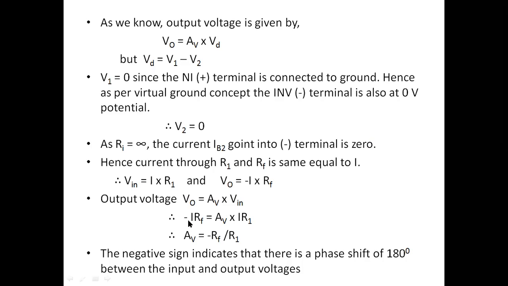If you solve this, RF will get cancelled. You will get AV equal to minus RF upon R1, because R1 is in multiplication with AV, so it will go to the left side in the denominator: minus RF upon R1. Now you can see the negative sign indicates that you will get an inverting output at the output of the inverting amplifier, or we can say there is a 180-degree phase difference between the input and the output